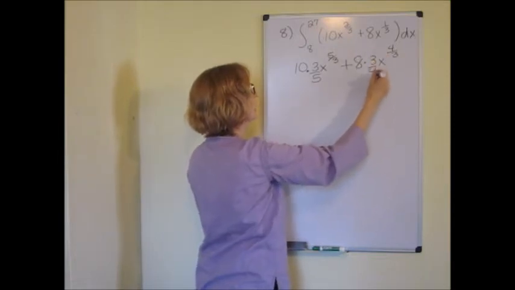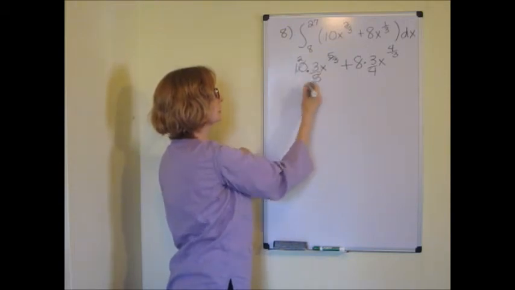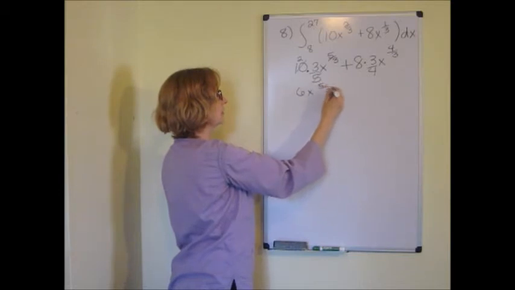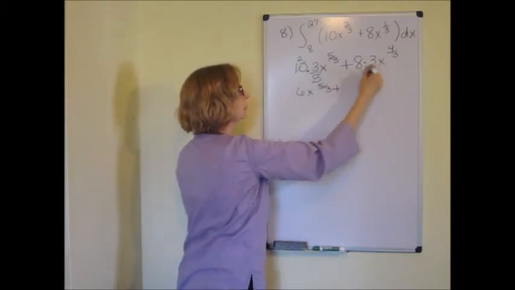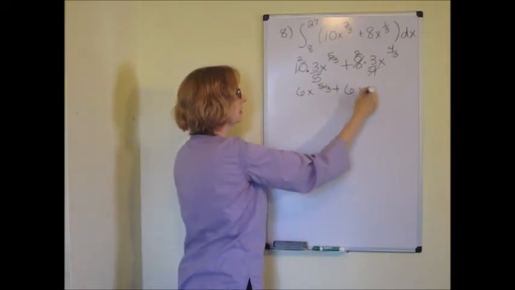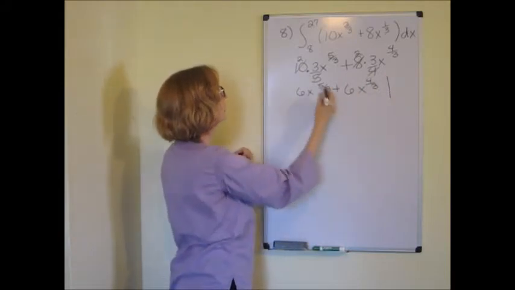Let's see what we've got. 5 into 10 is 2, so this gives me a 6x to the 5/3 power plus 4 into 8 is 2, that gives me a 6, and then x to the 4/3 power,